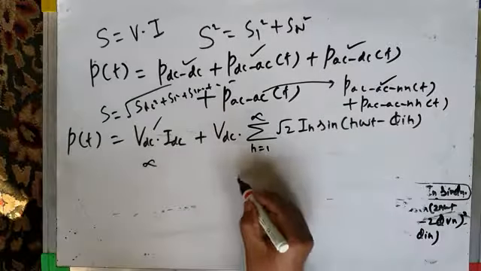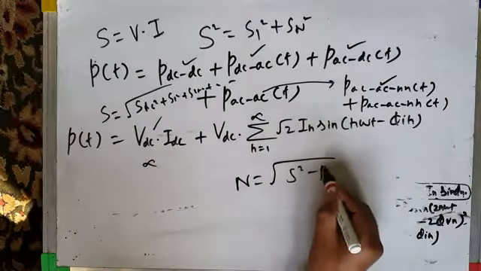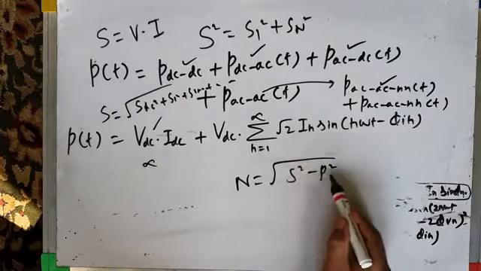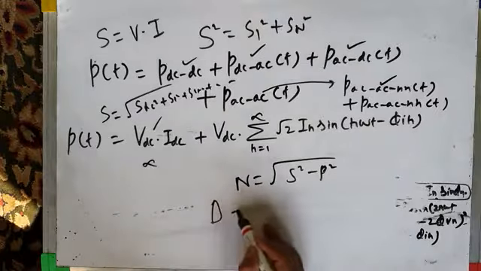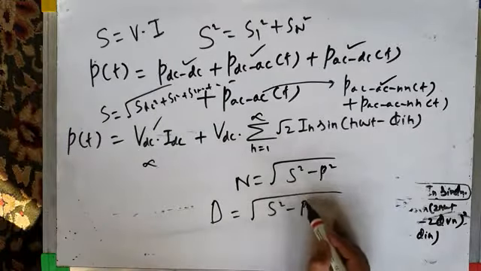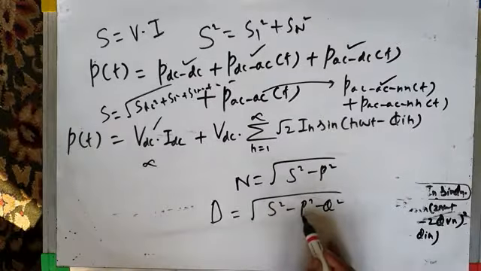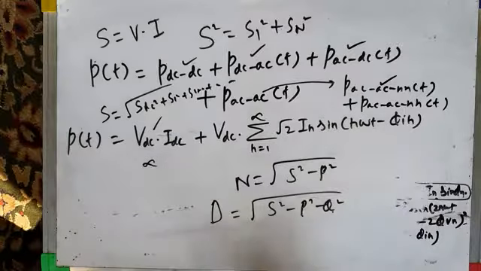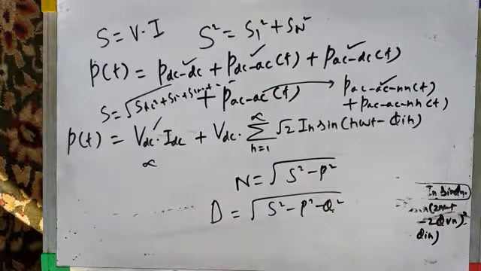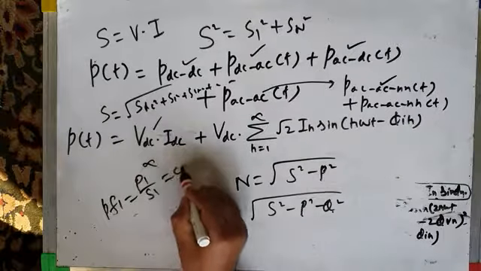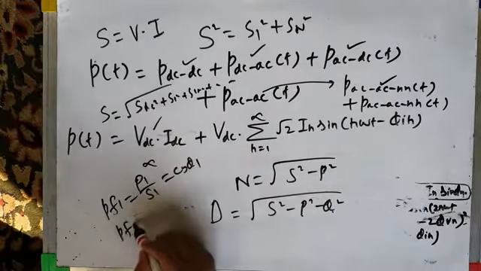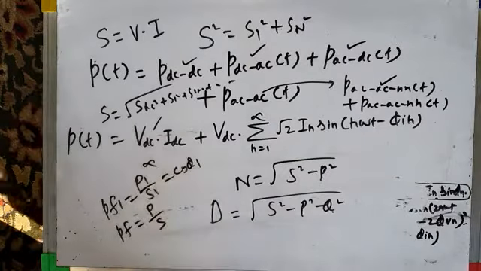I told you that non-active power is given by under root of S square minus P square. When you take the active power out of the total apparent power, whatever power remains is the non-active power. And distortion power is this term, under root of S square minus P square minus Q square. From the total apparent power, take out the active power and also the reactive power, and whatever power remains, we call that distortion power. And then I gave you the fundamental power factor expression. I told you fundamental power factor has the same definition, P1 by S1, and it is cos phi 1. And actual power factor was P by S, and we derived an equation for it last time.